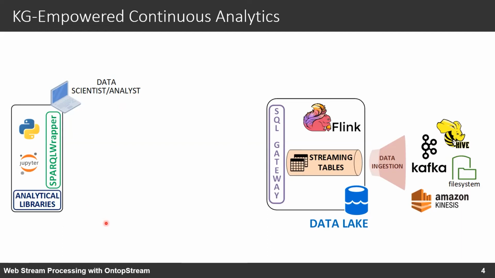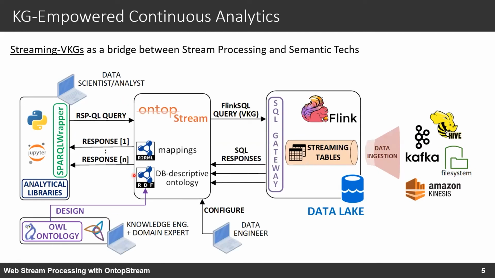So the solution is OntopStream, which allows us to add a semantic layer in between our raw data and our analyst. In particular, thanks to a set of mappings and an ontological layer, we are able to send an RSP4J query, a continuous SPARQL query extension with some nice additions like window conditions. So we are able to query using the window fashion over these traditional data sources, which can be ingested inside